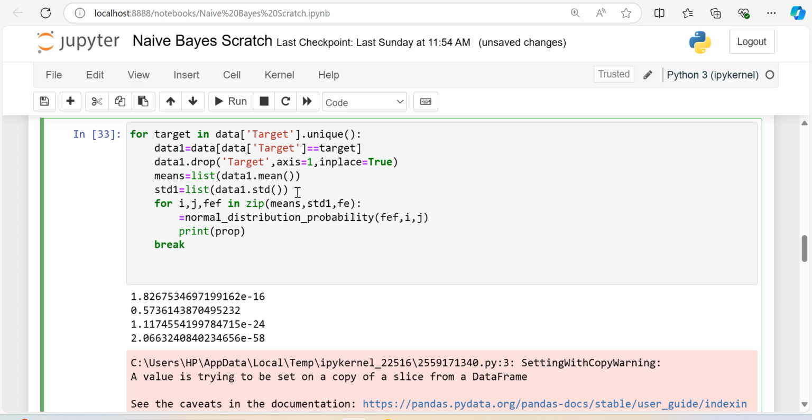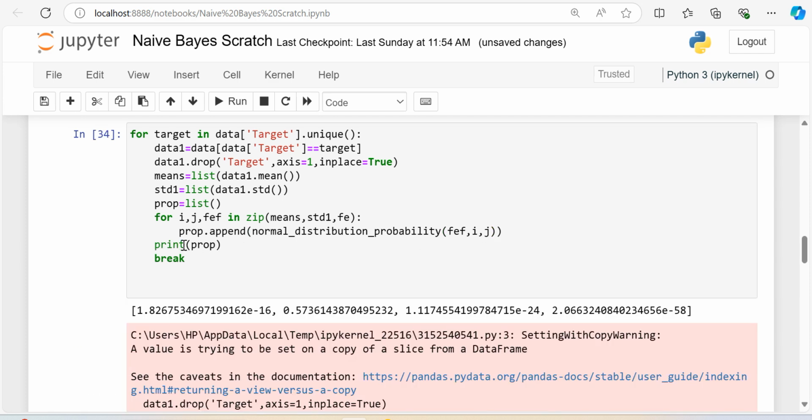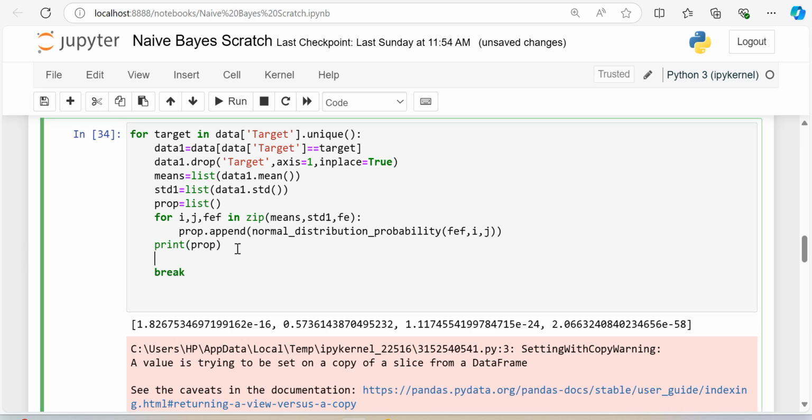Either I can do one thing. Let me write a list here, and let's append this probability value. So basically all the 4 features we got here. So if we do it like this also, it is working. Here you can see all the 4 probabilities, right? So let's calculate the overall probability. So I'm writing here final probability